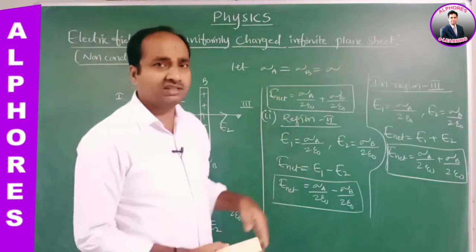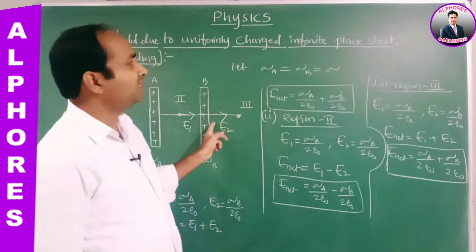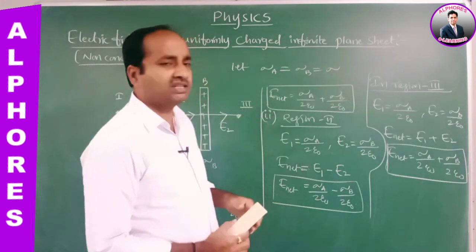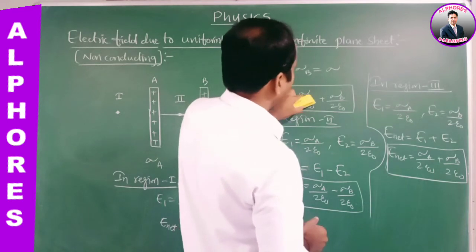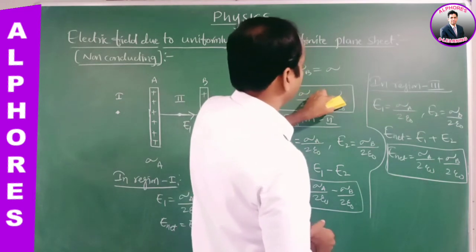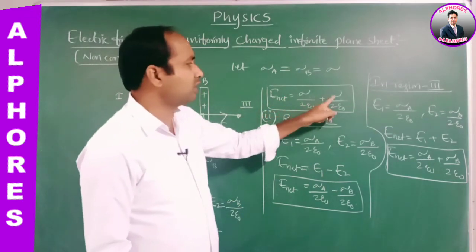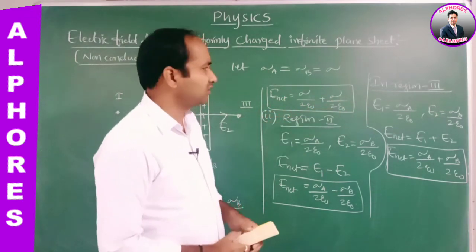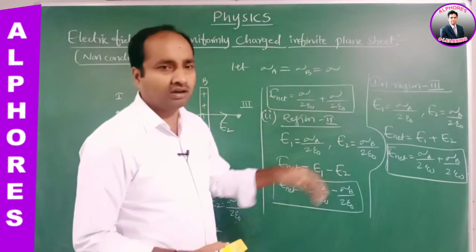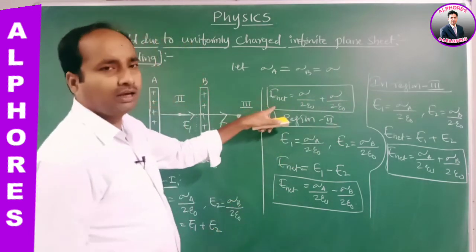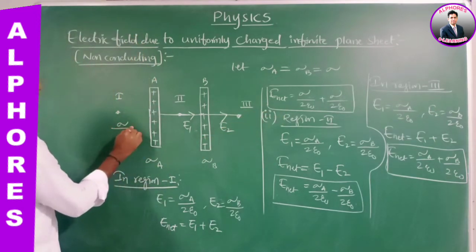Already the first case is completed, but in the second case, the same plates are taken but with equal surface charge densities. Then what happens? Listen here. There is no sigma A and sigma B individual values here. These all are equal. Sigma by 2 epsilon naught plus sigma by 2 epsilon naught. If you are adding these two, what you will get? Sigma by epsilon naught. Here what is the field intensity? Sigma by epsilon naught.